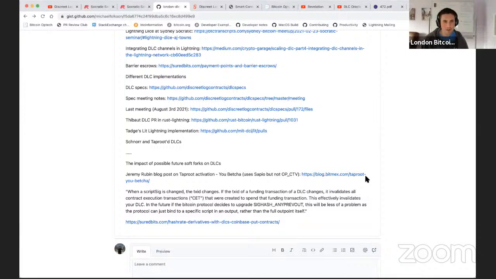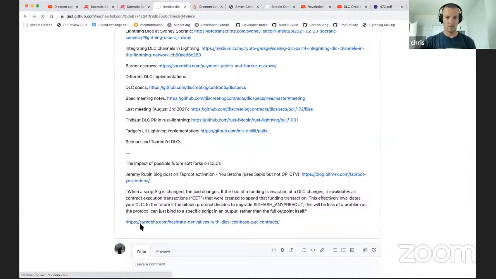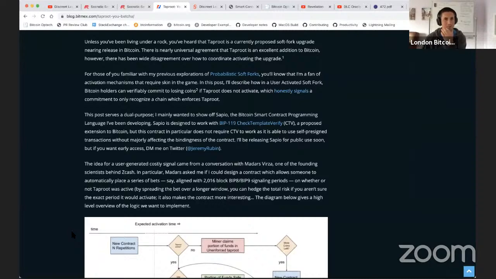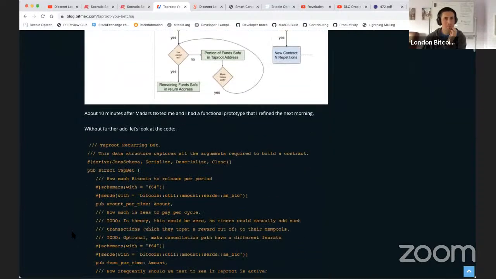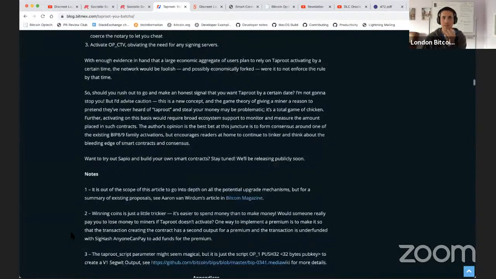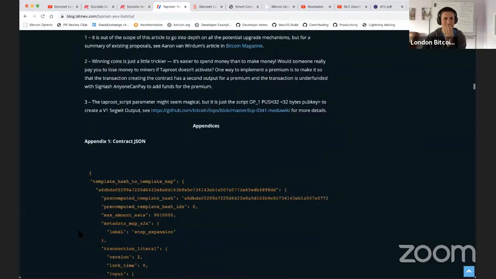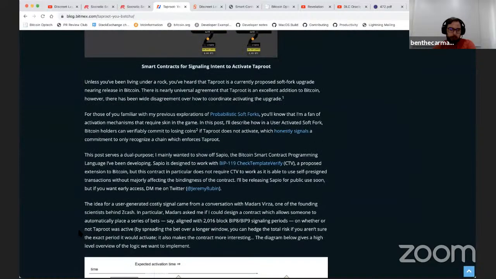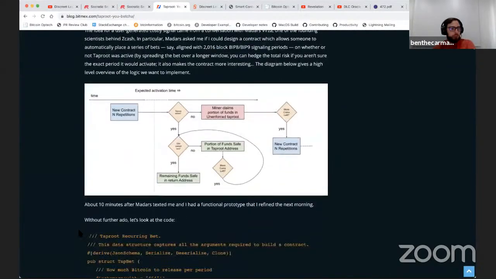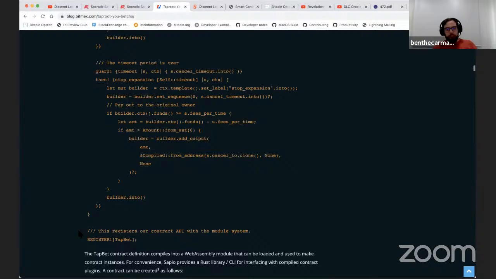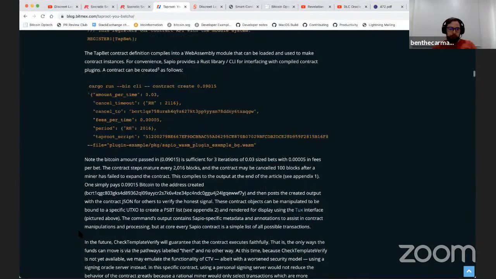So I saw one blog post from Jeremy Rubin on betting on Taproot activation. This wasn't actually using check template verify. I think he was just using his Sapio programming language to do a bet on whether Taproot would activate. I also think Ben put up a Taproot activation oracle at one point on Suredbits. On our most recent spec call, Lloyd actually detailed a way to do DLCs not using adapter sigs or anything, just using covenants.